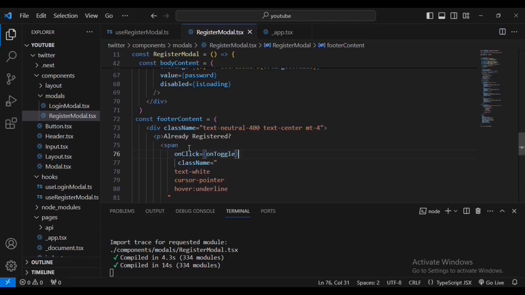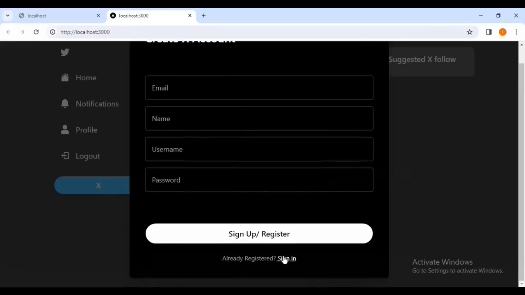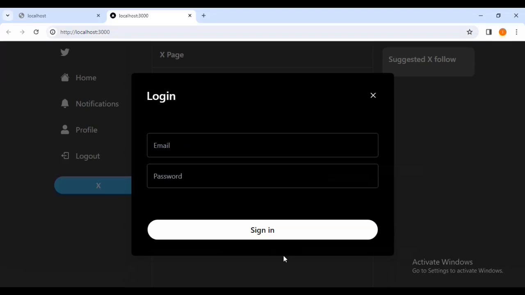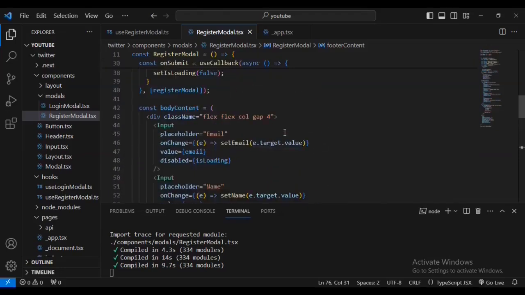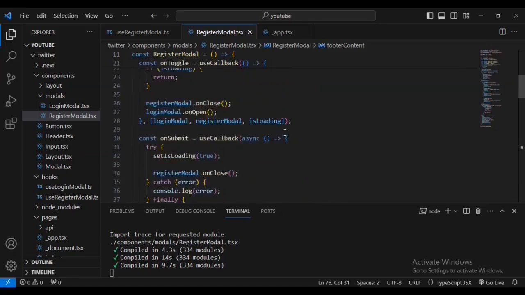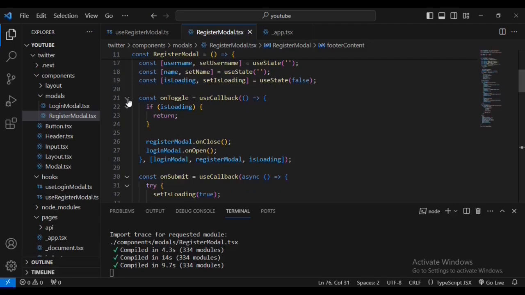Let's say on click it will trigger on toggle. Yes, this one will return on the login model. So that's how you return back, and that's how you're able to switch back to the login model from the create account from the register model. So now I've added that functionality where, if you already have an account, you just click,